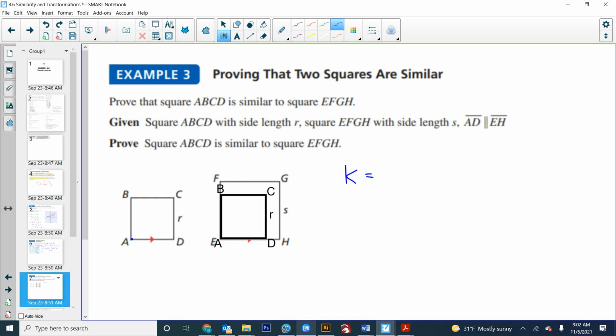What's the scale factor between these two squares? Make me proud. New divided by old. So